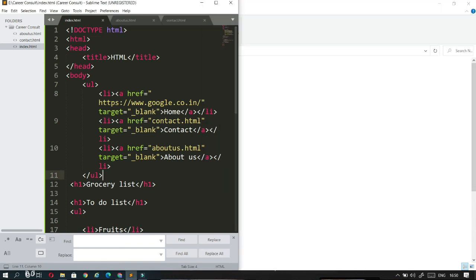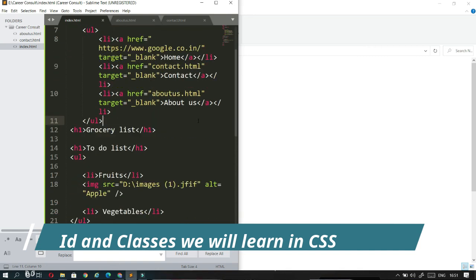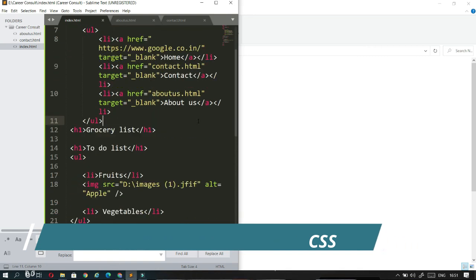So now you might have seen so many websites where the contact page is present in a single page. There will be only a single page which will have the home, contact and about us information. So at that time, how can we use that navigation bar? Because if we click on the contact.html, then it will go to a new web page, and that we don't want. So at that time we can use IDs and classes.